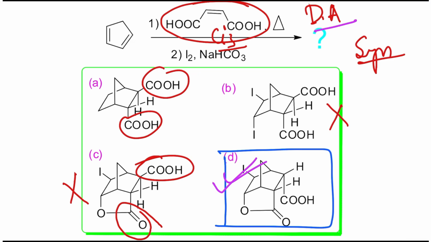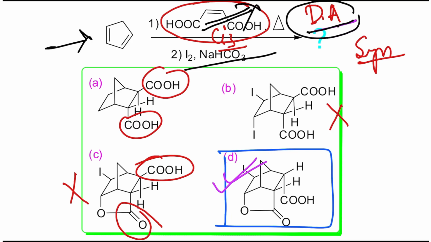Now if this question appeared in an exam, how can you solve it in less than 30 seconds? Just focus on what Diels-Alder product it can produce, and I suggest you draw the structure of the Diels-Alder product, then you don't need to find the second one. If you are able to draw the Diels-Alder adduct based on your common sense, you can see that A is gone, B is gone, C is gone, who is left? D. So this is the answer. This is smartness, but this smartness is only achieved after proper study.